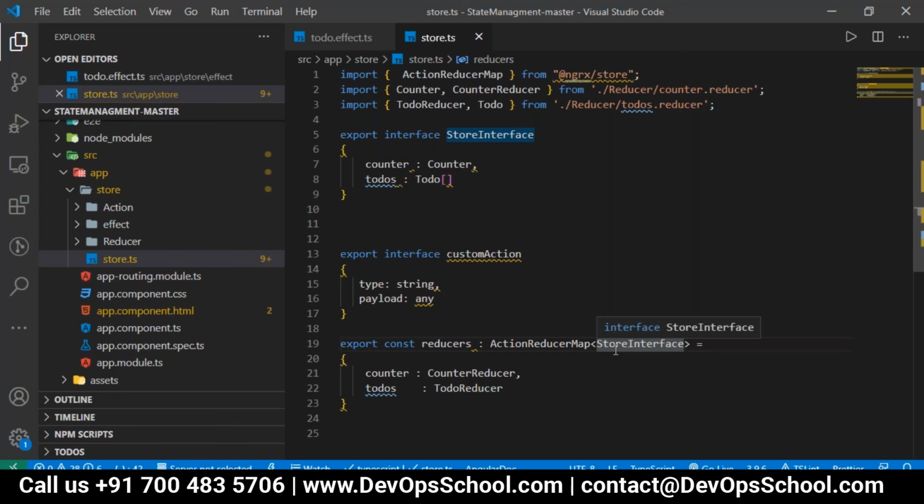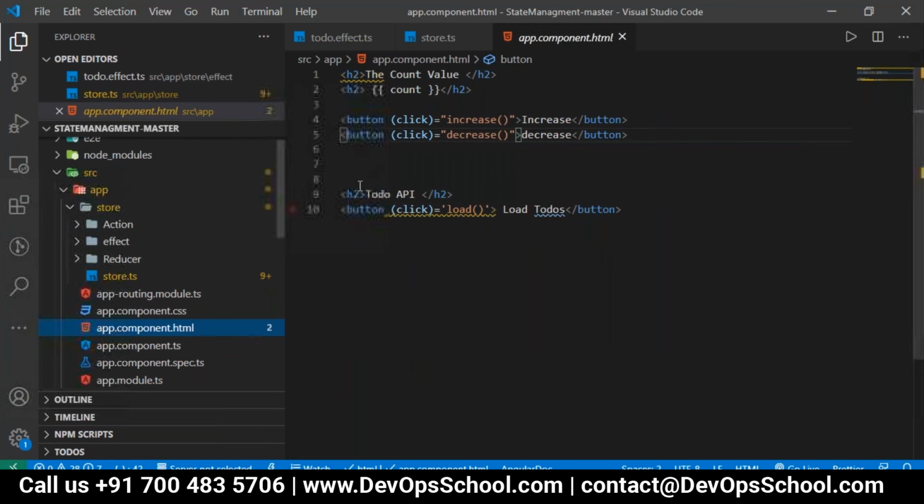It takes any action performed, performs some logic and returns an immutable state in the store. We take in one counter, which is a type of counter reducer, and todos, which is a todo reducer.